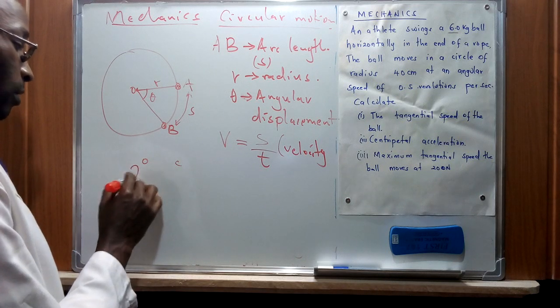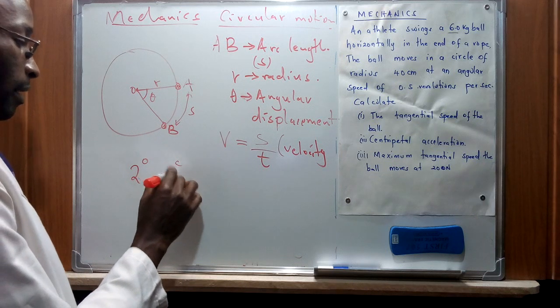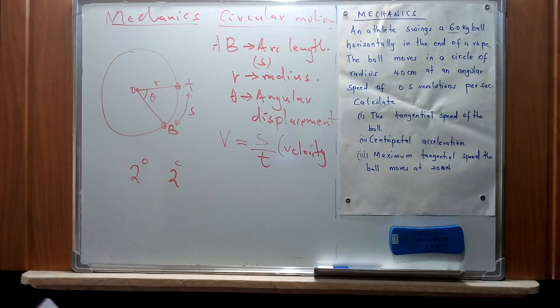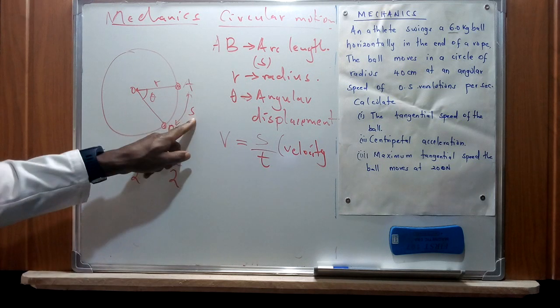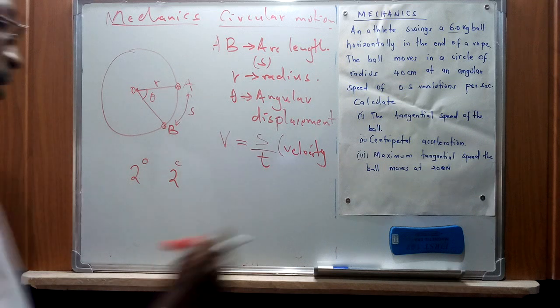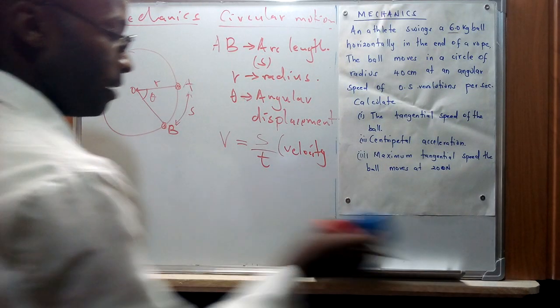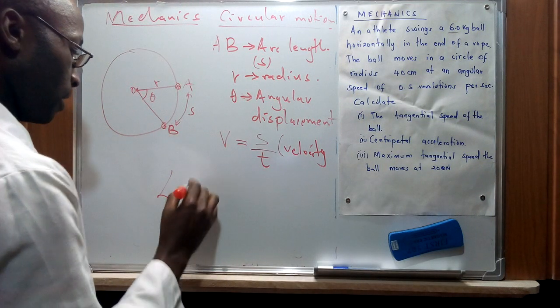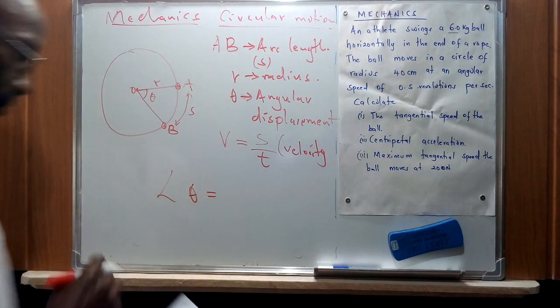Suppose I say that it is 2 degrees, then the other one will be 2 radians. So in this case, there's a relationship between the displacement AB and R, in a sense that when the angular displacement is measured, of course, that we have given as theta,